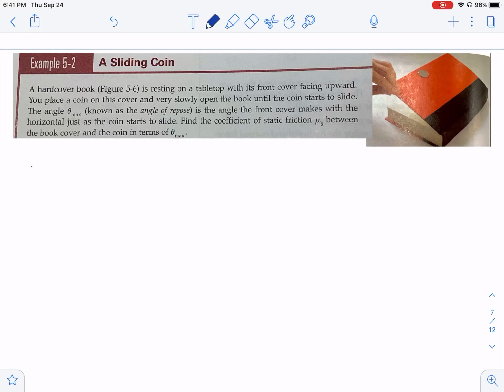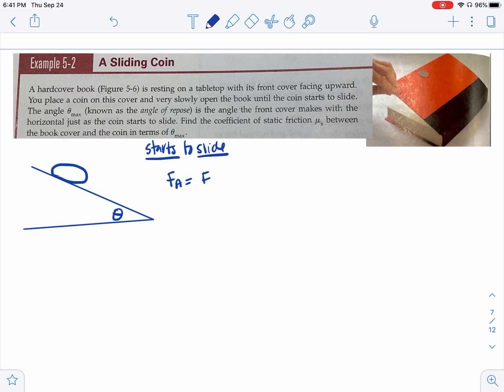So we have some things going on. First off, we have this incline plane. This is our theta, and we have the coin on it. So that's kind of what our setup is. It's talking about that moment that it starts to slide. When it starts to slide, that means we're talking about our force applied is equal to that force of static max. So whenever we have that, it starts in motion, we're talking about our force applied finally hits that force